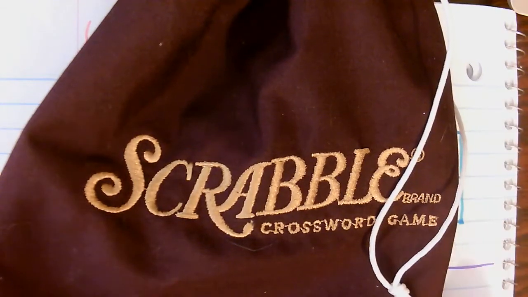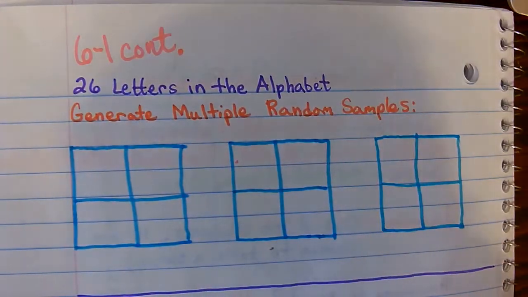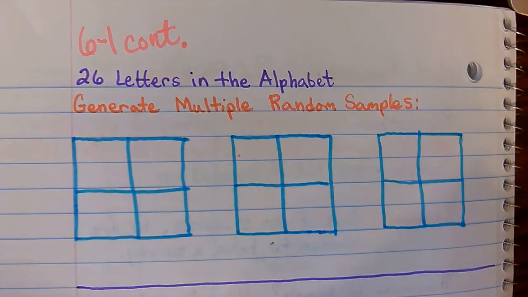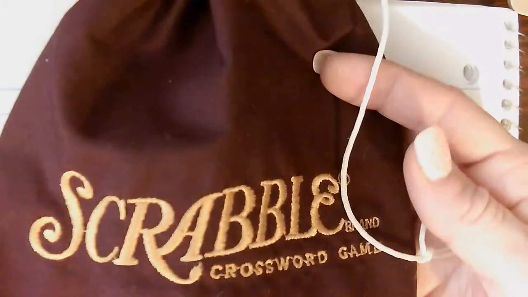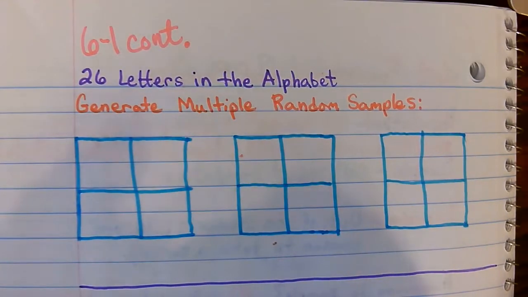Students, we are going to continue our notes for 6-1, and if you notice there was a little Scrabble bag in front of you, and we are going to examine how to generate multiple random samples. There are 26 letters in the alphabet, and 26 tiles have been placed in this bag, one for each letter. So if we were to draw 4 out as a random sample out of the 26, let's see what we